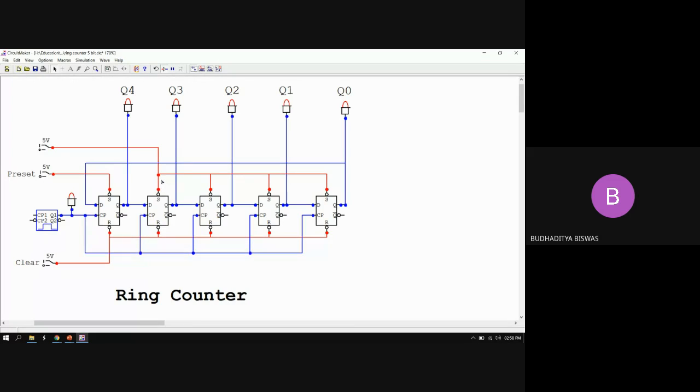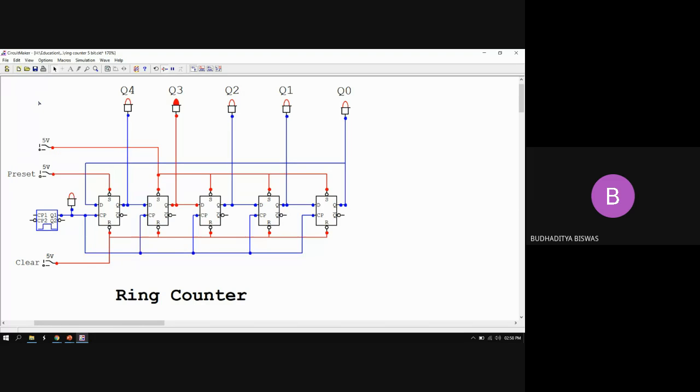So let's see. That's why I made the preset of the last four flip-flops common to 1. But the first one's preset is connected to a toggle switch, and this is active low. So if I give a 0 here, the 1 is stored in the first flip-flop. Let's see what will happen. Okay, one minute. I need to give a very quick pulse. Clear. Run the circuit. Clear it. Give a very quick pulse. So you see, once I shoot, 1 is stored inside the first flip-flop, and as 1 is stored inside the first flip-flop, this 1 is now circulating around the ring.